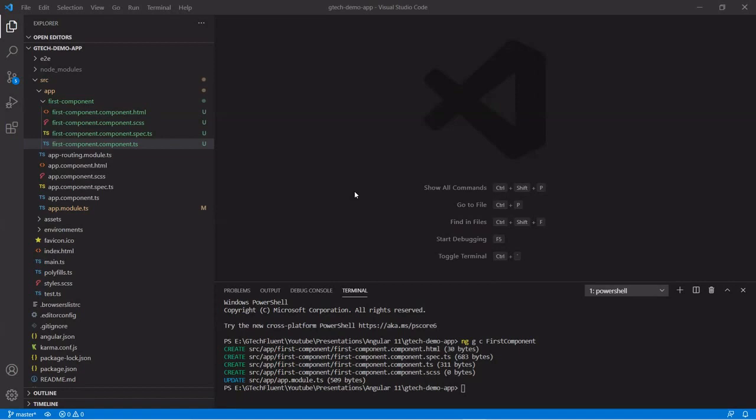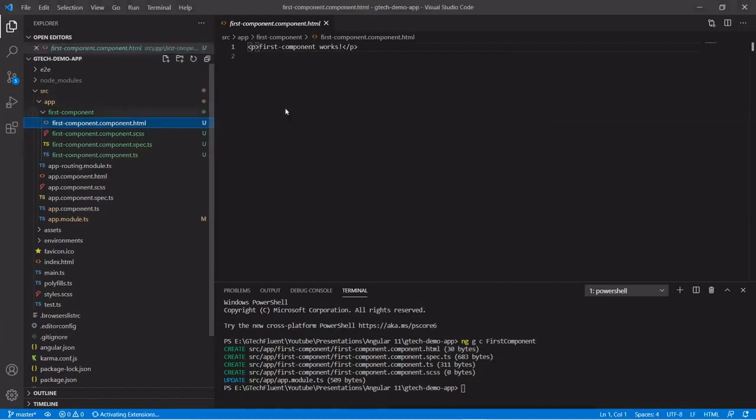Now we will see what the main building blocks of the component are. The component consists of three main building blocks. First we have the template, then we have the class, and then we have the metadata or decorator. The template is nothing but the view, or the HTML page, or the HTML template. The template defines the layout of the view and defines what is rendered on your page. That is the responsibility of the template.